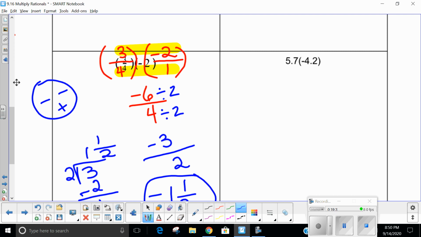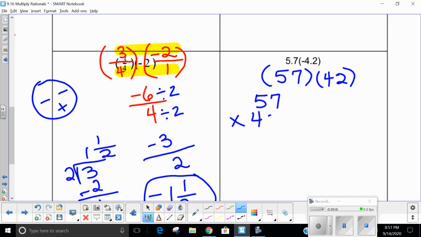So let's look at this one real quick. We have 5.7 times -4.2. So we're going to ignore the decimal points and we're just going to say they're whole numbers. So we're going to say 57 times 42. So we're going to line that up and we're going to multiply. So we're going to say 57